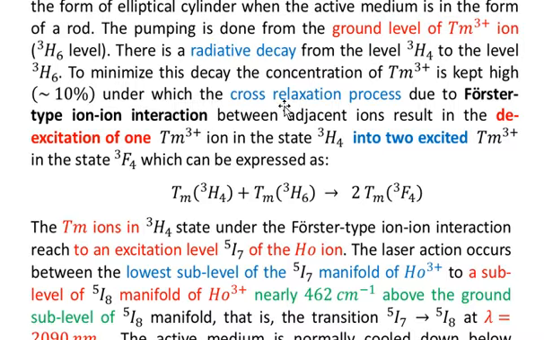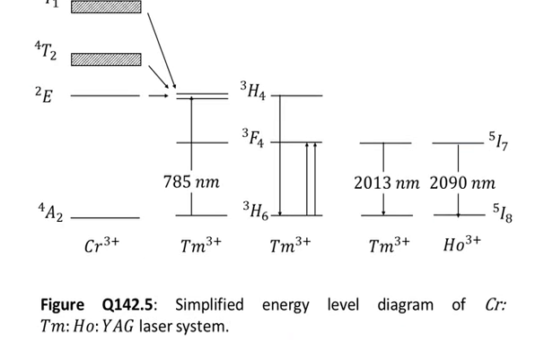And you know that this is through the cross relaxation process. So what we do is that in order to avoid the transition from 3H4 back to 3H6, we increase the population, we increase the contribution of this thulium ion, and then due to the interaction between the two ions, that is the Foster type interaction between the two nearby thulium ions, what happens is that